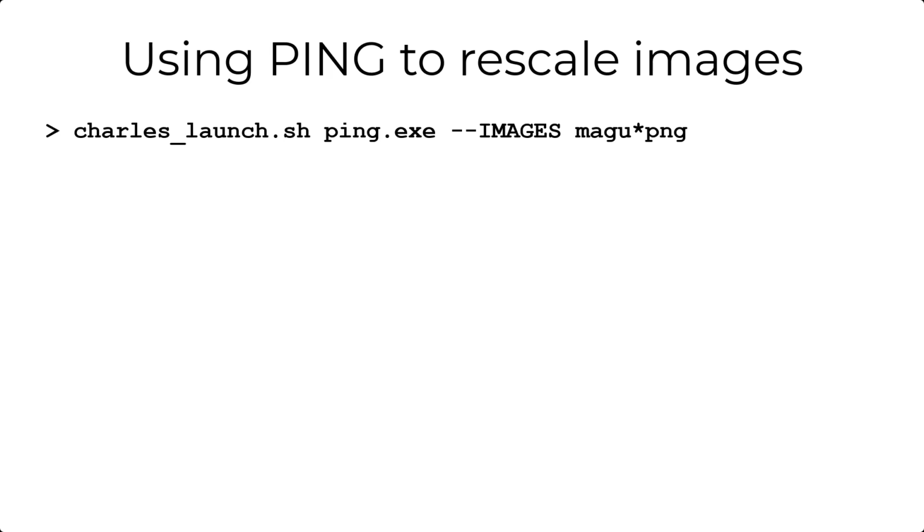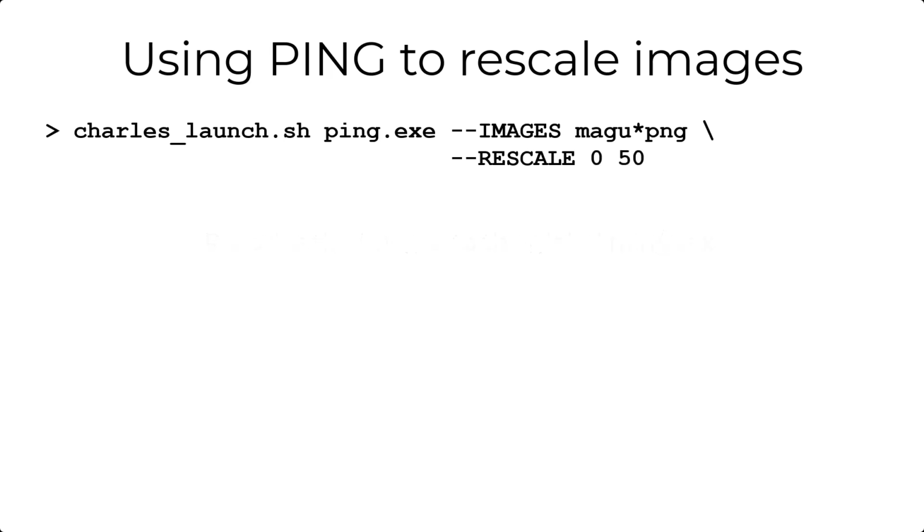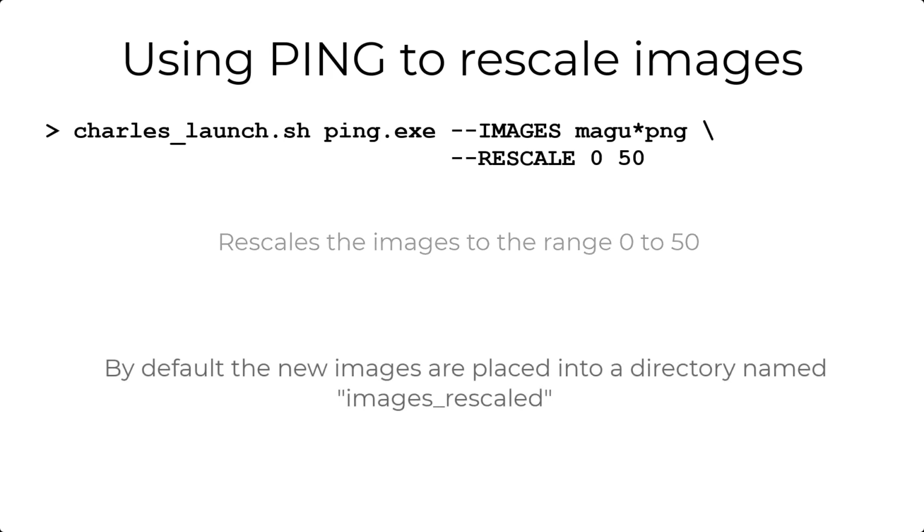And now I'm going to use the --rescale option. If I leave it with no arguments, it's going to rescale all the images to the global min-max. I can also give it arguments, in this case a range, in this example 0 to 50, and it would rescale all those images to that range. That's complete. All those images are placed in the subdirectory